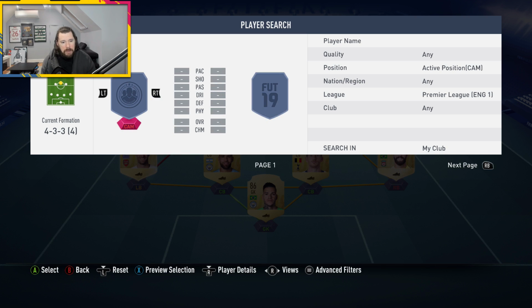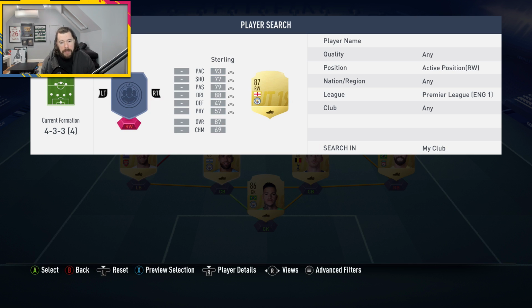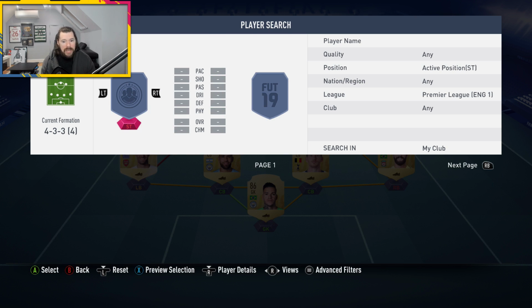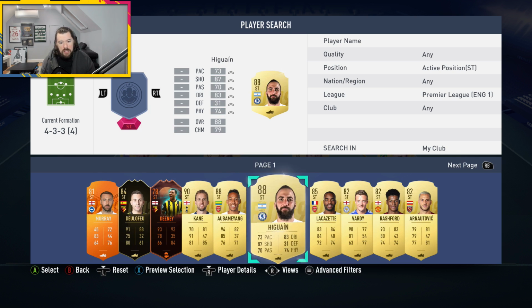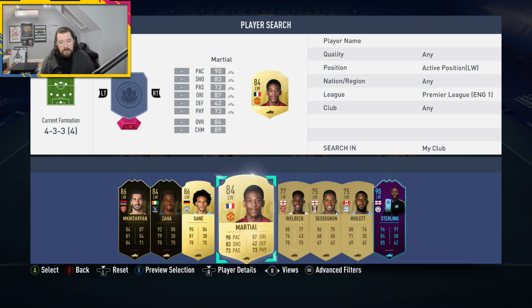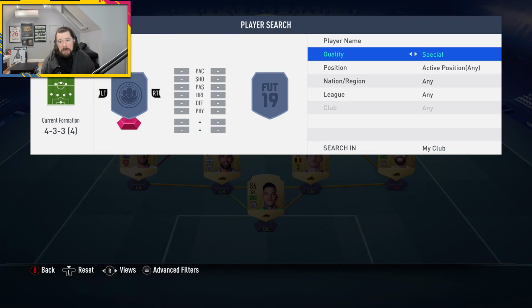I need a couple of CAMs here. Who have we got? Don't want to use David Silva. Don't mind using Mesut Özil. Next up, Raheem Sterling, no. Mahrez, no. Bernardo Silva should be okay. Up front, I don't know if we've got anything that I'm happy to use. Lacazette's in there. And then at left wing, other than Heung-min Son, I don't mind using Anthony Martial either. So we're already 84 rated. And again, I need a team of the week here,